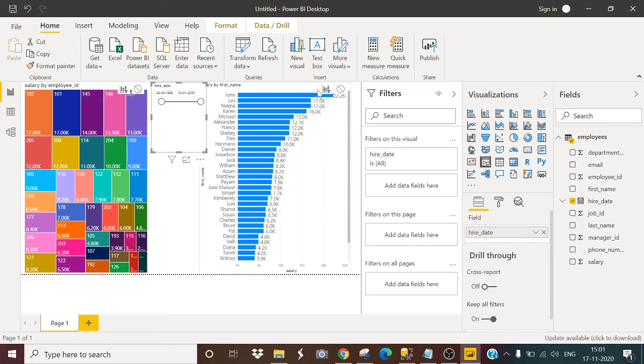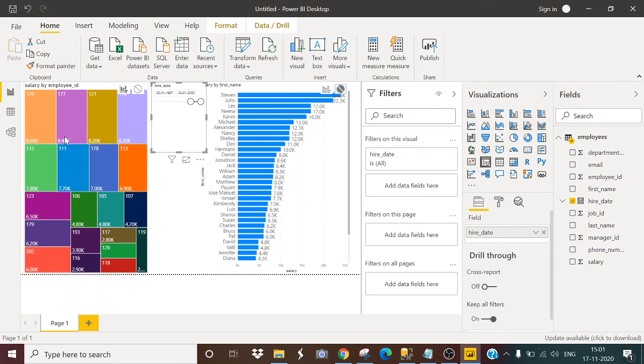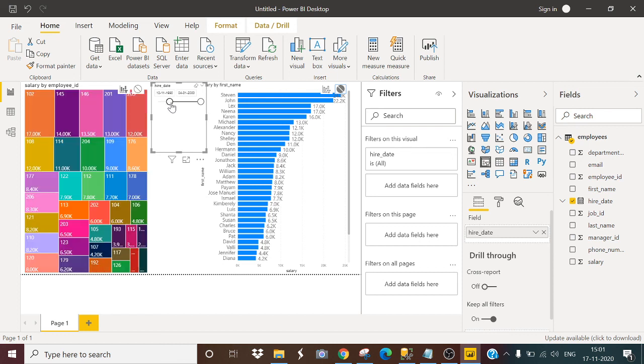The filter is already on, so you just have to click on this none option. Just click on this, and now check this slicer, drag it, and let's see. As you can see, only the left graph is reflecting and the right graph is constant. It is not reflecting at all, which is what I want. This is reflecting, this right graph is constant. So this is the edit interaction feature in Power BI.